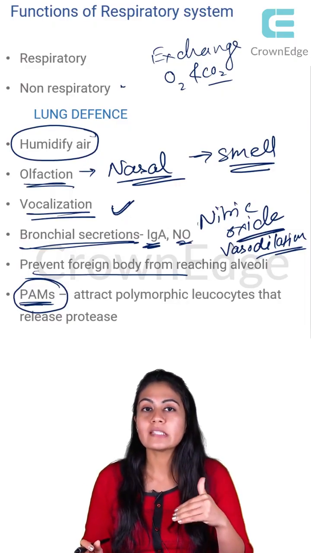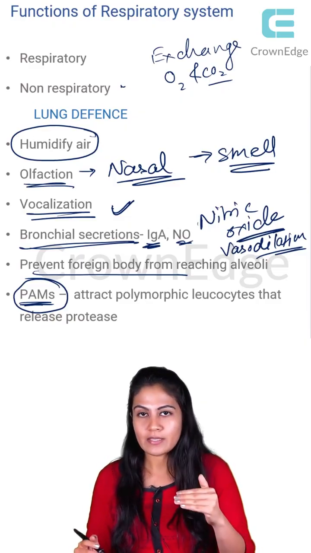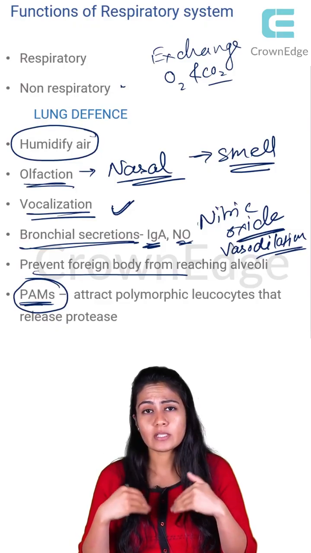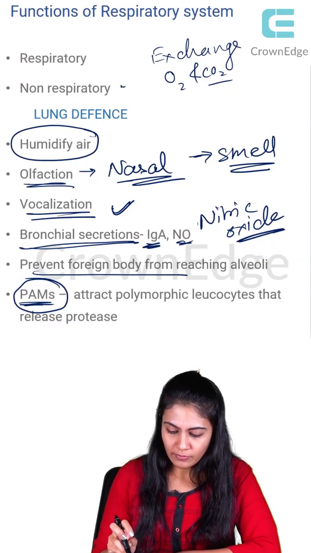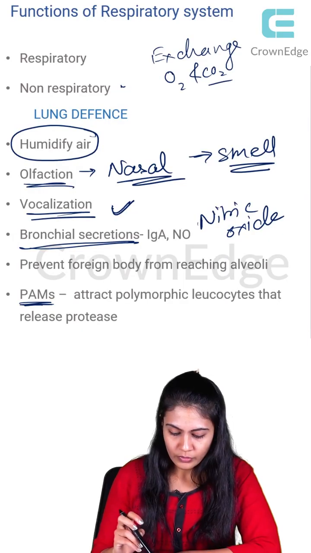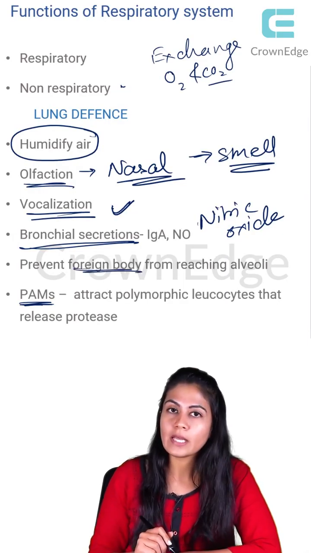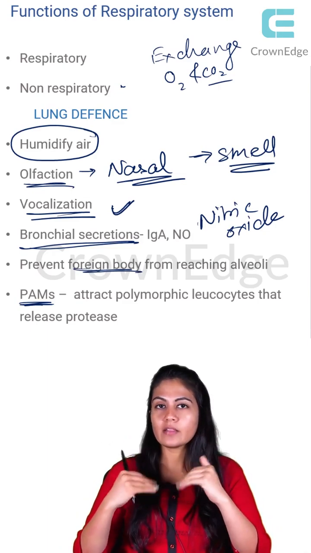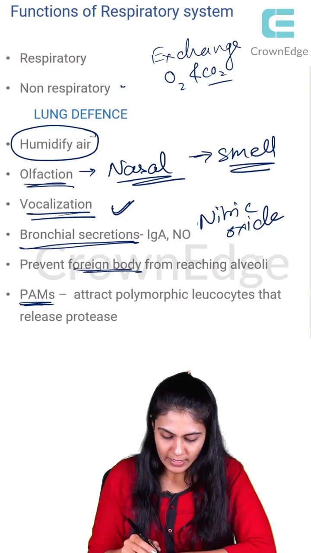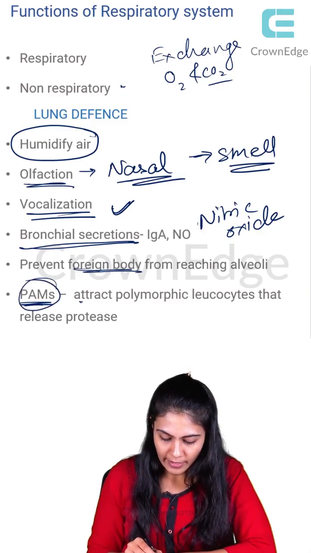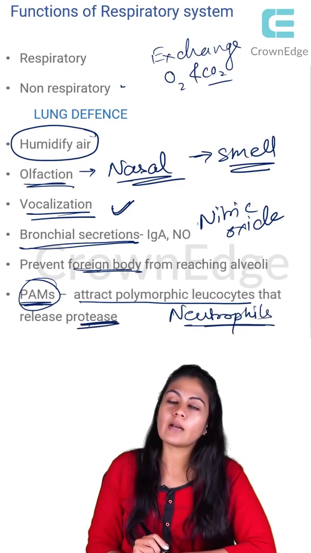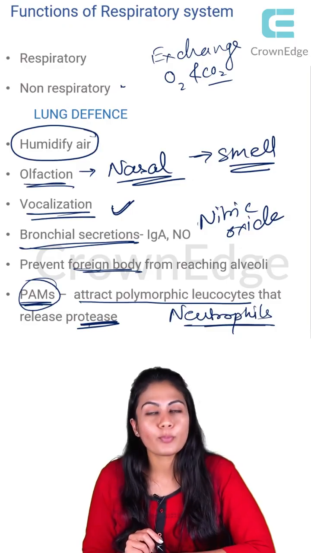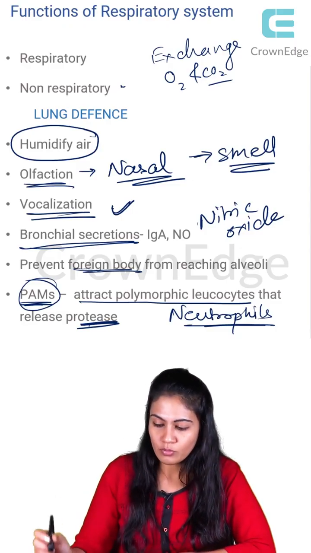And we do have cilia, which are nothing but brush-like structures which are continuously beating upwards, right? So if anything foreign is stuck in the mucosal layer, they beat upward and throw out the foreign particles, right? And PAM, we talked about, they attract polymorphonuclear cells, that means they attract neutrophils, right? Which release proteases, and most of the bacteria and viruses are made up of protein, so it will help us to fight with those